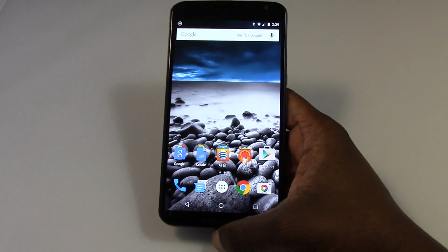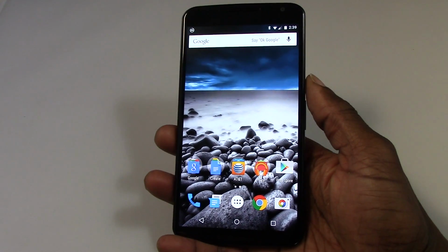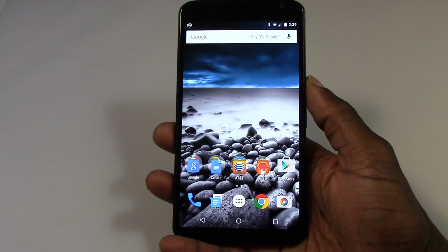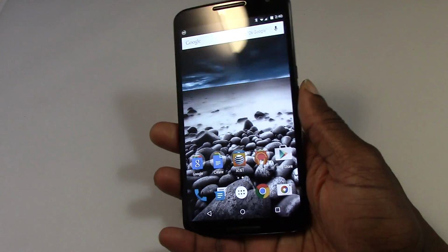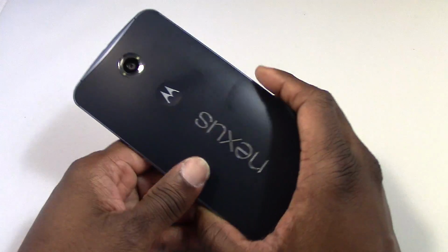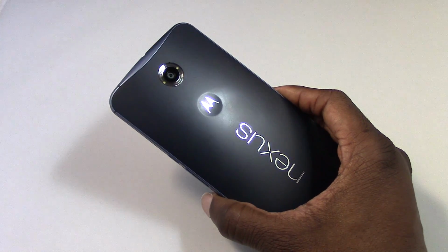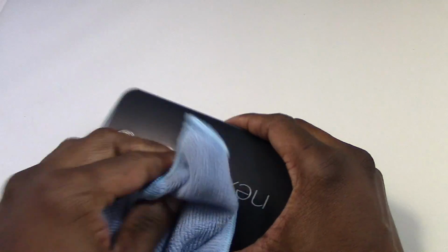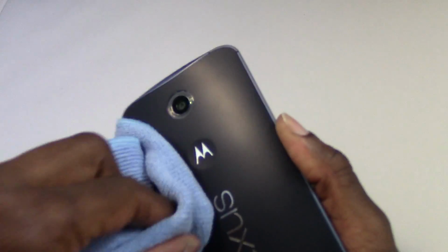But anyway, just talking about the phone itself, it's a really nice phone. Phone calls are clear. Data works really good. It's a Motorola phone, so you know that's no surprise. Look around the phone. I have the blue, the midnight blue, and it does. I kind of wish I would have got the white one now, because it does attract fingerprints really bad, and you have to keep wiping it. I normally keep it in a case. I mean, I love the color. I really like the way it looks. I like blue, is one of my favorite colors, but it